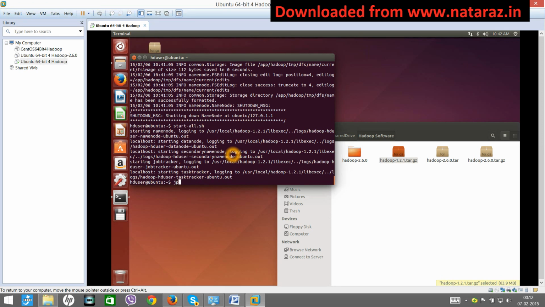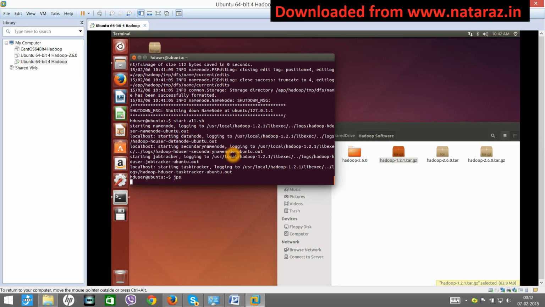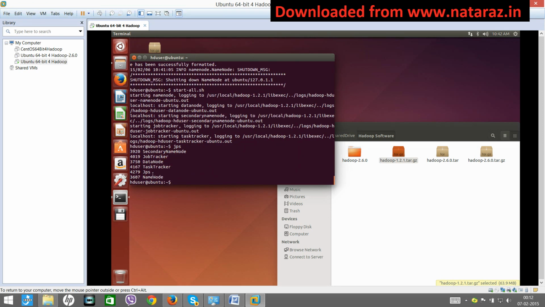Now you write jps, enter. You see name node is running, secondary name node is running, job tracker is running, task tracker is running, data node is running. That means in this system 5 things are running all together, 1 2 3 4 5. Okay, that means we have successfully installed Hadoop in a single node.